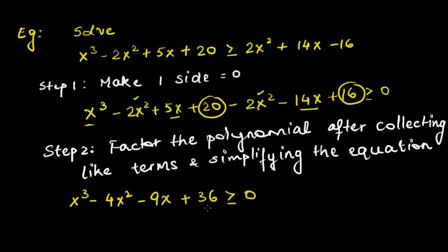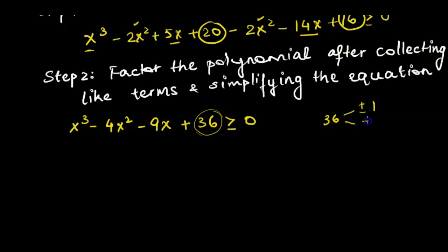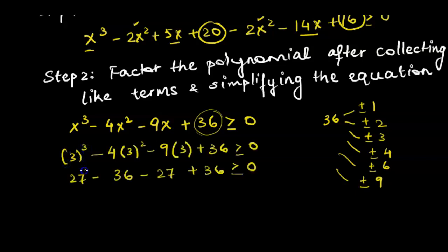Now we would factor this cubic polynomial function. We first use the factor theorem to find the first factor of this function using the factors of 36. Factors of 36 are plus minus 1, plus minus 2, plus minus 3, plus minus 4, plus minus 6, plus minus 9. When we check these one by one, we see that one of the values that makes this function 0 is positive 3. We can check that here. If we put in 3, the values cancel out to give us 0. That means x equal to 3 is the first root.